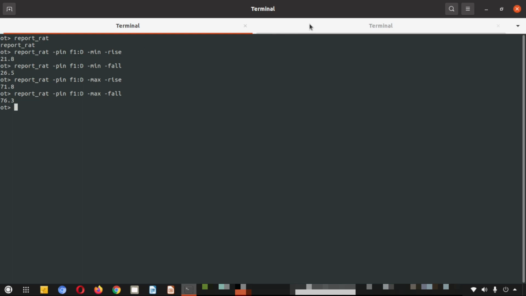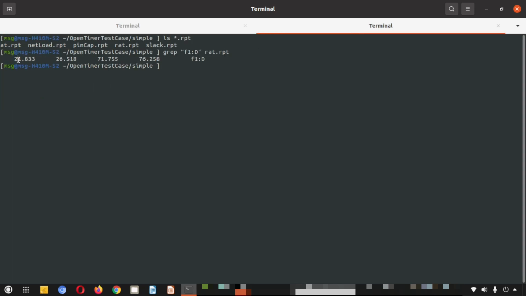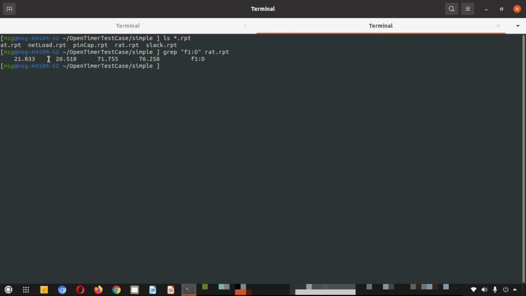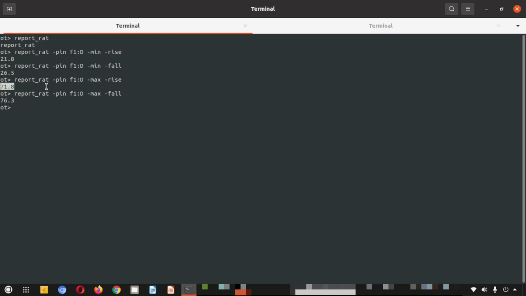Let me now compare the values. Here you can see the first value is 21.833. You can see this value is the first one. Now 26.5. Here it is 26.5. The decimal places vary as per the printing inside the file or inside the shell. Next is 71.8.